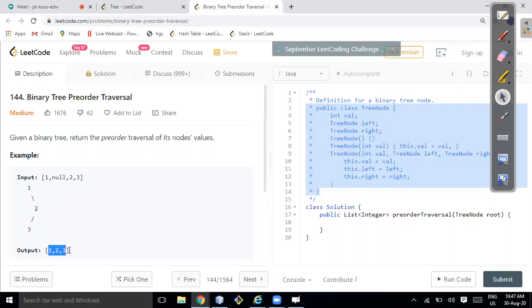Okay. Let me try to paste my code here only. Manish, where did null go in the input? Null is representing that the left child is nothing. Okay. So this is the array kind of representation for this tree. I'll explain that array representation of tree also, so don't worry. This is the array representation of the tree and this is the hierarchical structure. And here it should be the output.